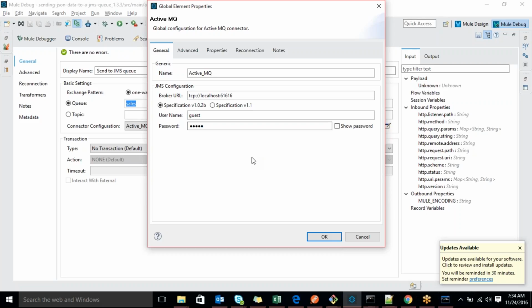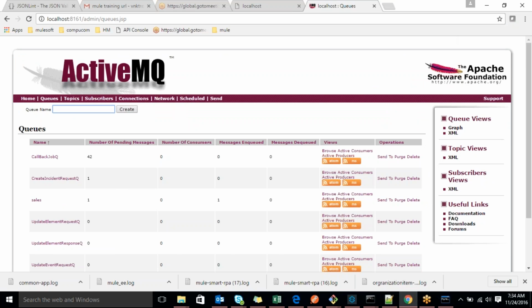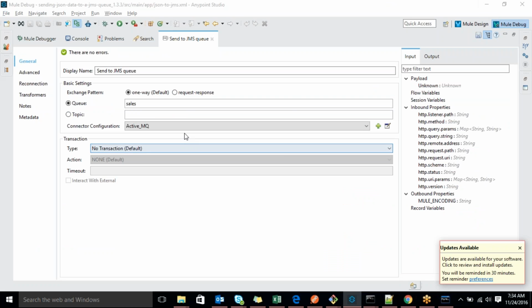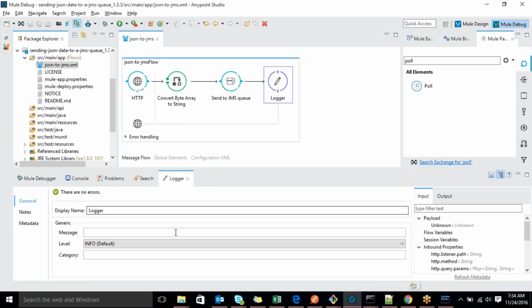Now this is the configuration for ActiveMQ. Then click OK. Whatever the queue is, you have to pass that queue name accordingly. Next, the ActiveMQ configuration is already set. That is done, so that is the configuration setup. Once done, you have to hit the request. It will expect a string actually, that's why I converted it into string. Then it will insert and finally display that information here.